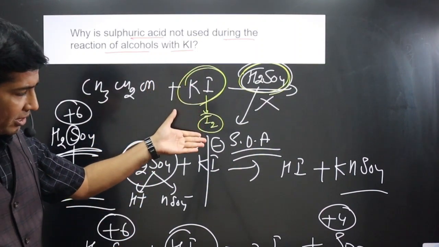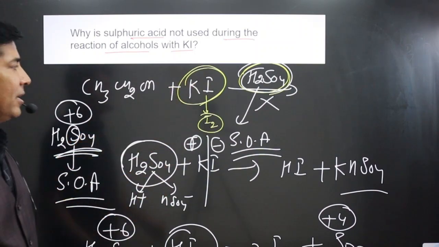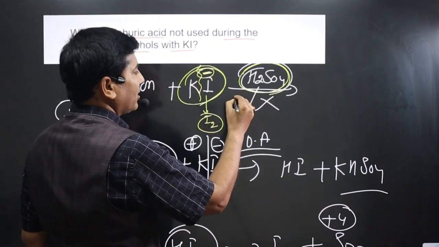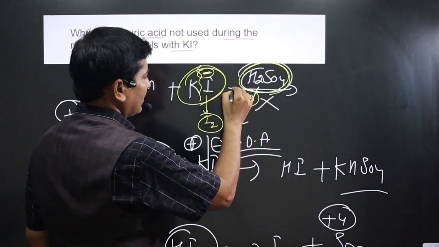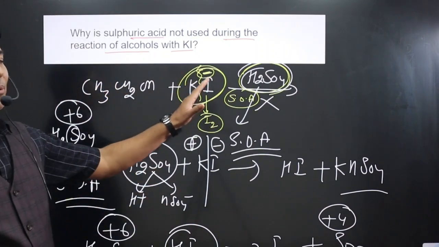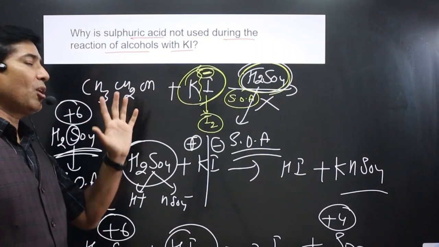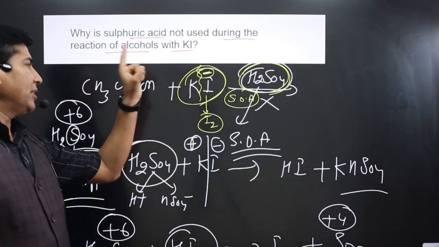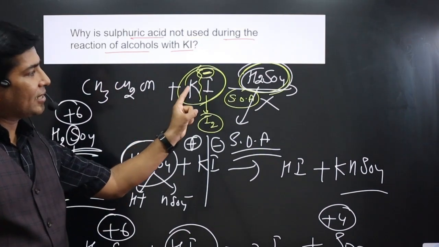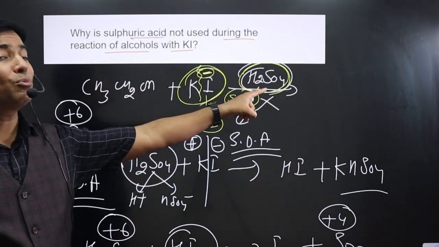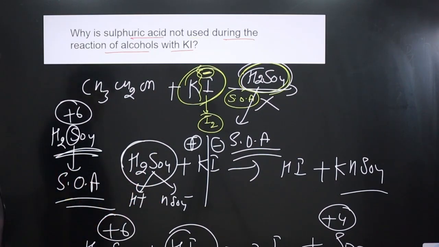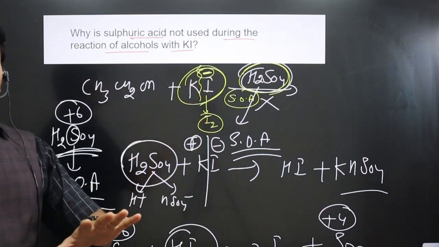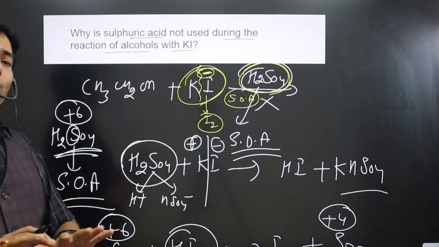This portion has converted into I2, because this I minus is being oxidized by the strongest oxidizing agent into I2. So that's why I minus is not available to react with alcohol. Before potassium iodide reacts with alcohol, it starts reacting with H2SO4 because it is the more reactive, strongest oxidizing agent, and a strong acid also. So this is the reason, instead of using the strongest oxidizing agent, we use a mild oxidizing agent,